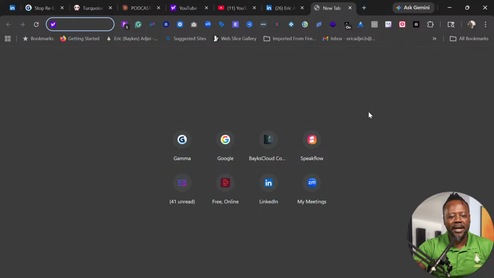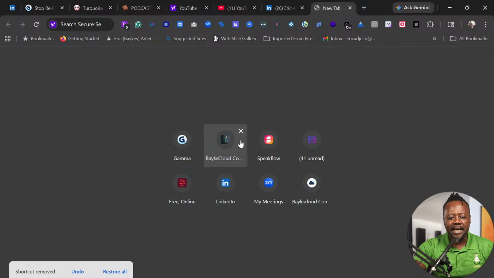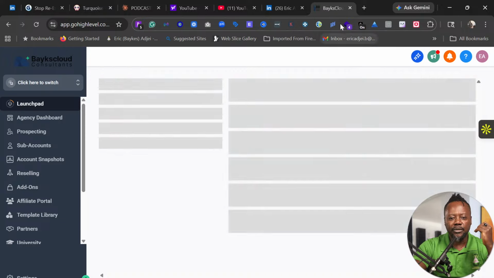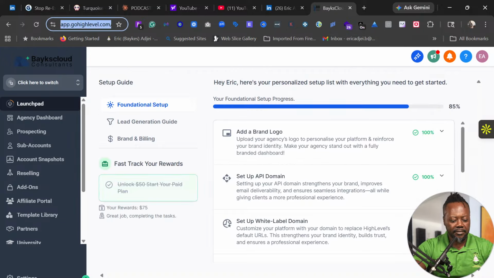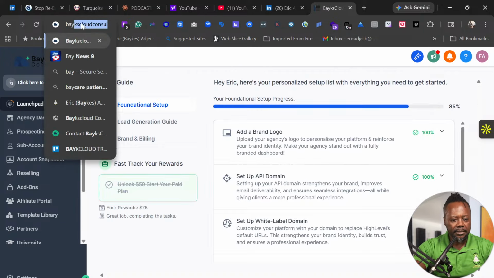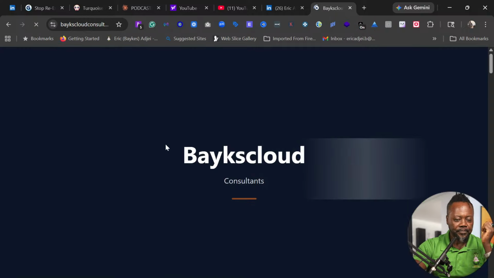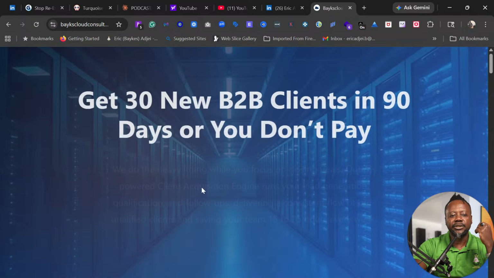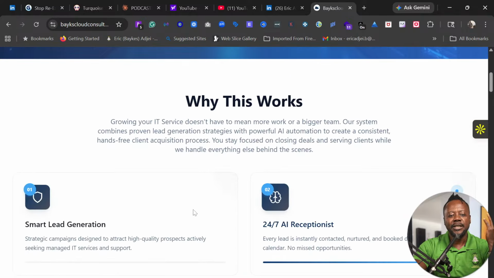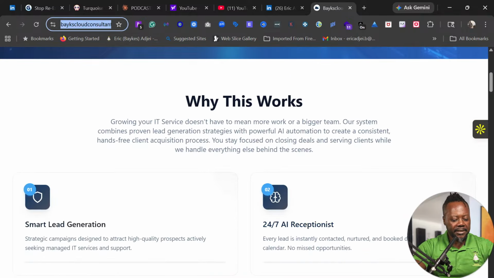So let me use any website as an example. Let's say I go to one of my websites and I want this information, but Puppy for some reason doesn't have access to it. Oh, this is not a website. Baykes Cloud. Yeah. So Puppy doesn't have access to this website,